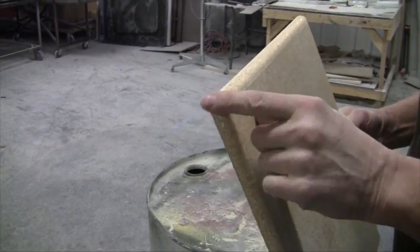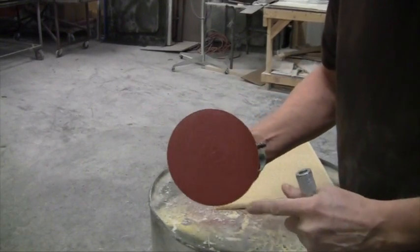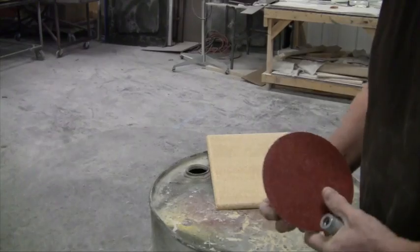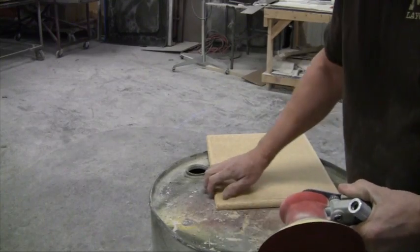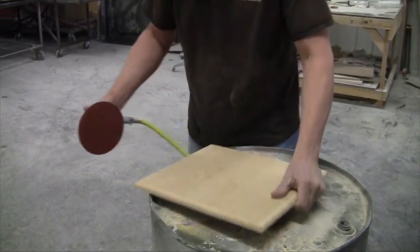So what we're going to do is we're going to take a sander and sand that. Okay, I'm just using a regular dual action sander. They call it a DA. This has 36 grit on it. You could use 24 grit, or you could use the router, turn the router on its side and do it. We're going to do this by hand, so that way if a guy doesn't have a router, he can still roll that edge over with that. And all we're going to do